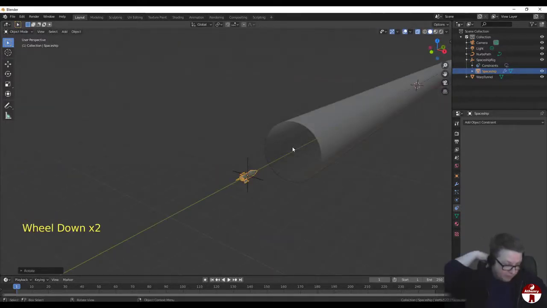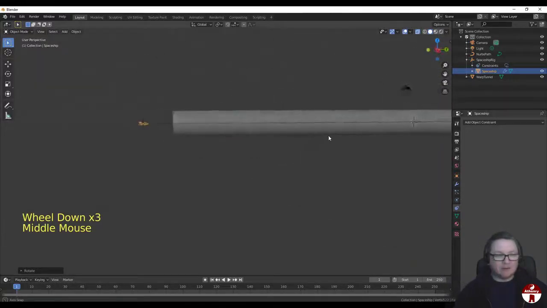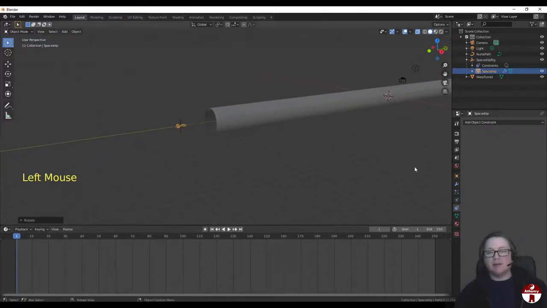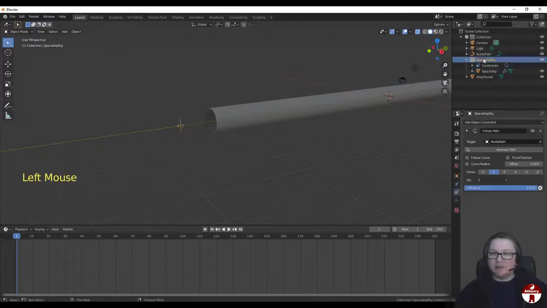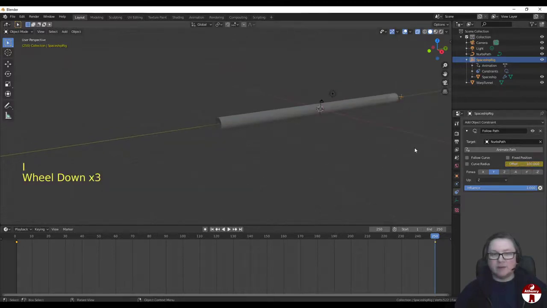All right. So let's quickly animate that flying down the tunnel. So I'm just going to pull up the timeline here a little bit, and I'm going to select the spaceship rig, and we're already on frame 0 here, so I'm just going to go over to offset here and hit I, just to make that a keyframe. You can see the little keyframe symbol has appeared, and I'm going to drag this all the way to the end to 250. I'm going to set this to -100, which is the end, and again I'm going to hit I on that. You see it changes color